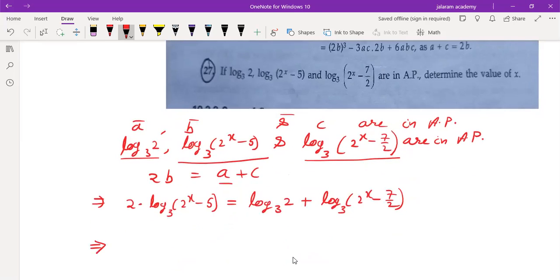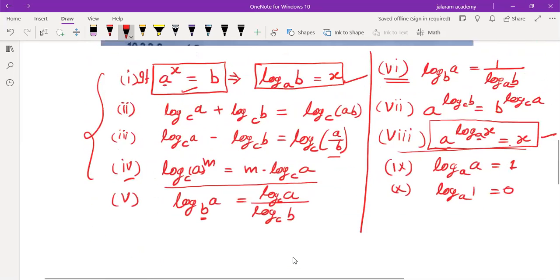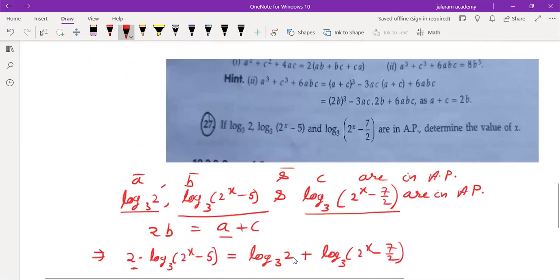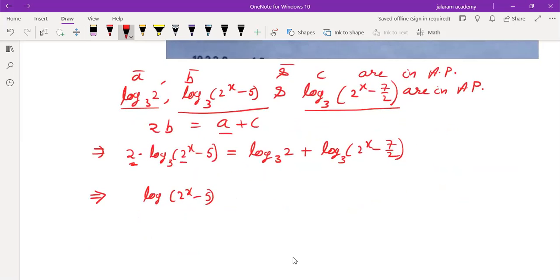It implies now this coefficient of log goes to the power using this property: log a to the power m base c equals m log a base c, and the converse is also true, meaning m log a base c. If m is the coefficient, it can be written on the power of a. So it is log a to the power m base c. Similarly in this, 2 is the coefficient of log 2 to the power x minus 5 base 3. So it becomes the power of 2 to the power x minus 5, base remains the same, equals,